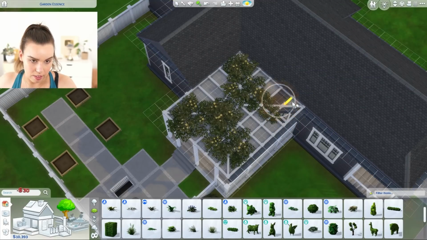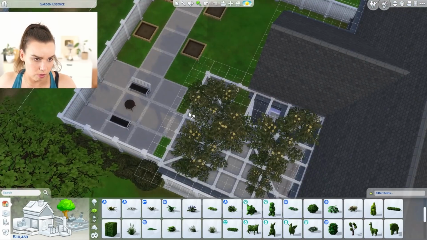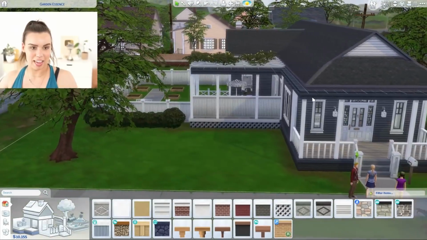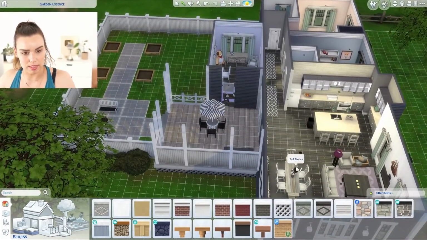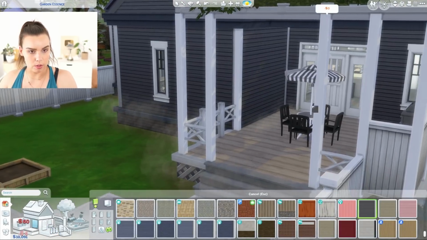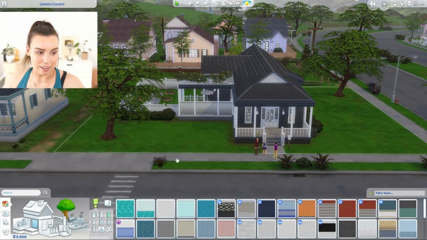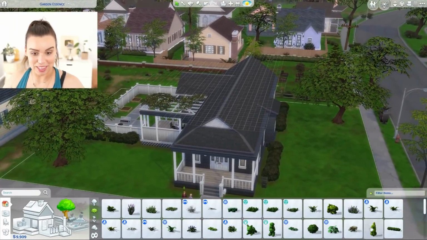And once you've done that, you just cut out the flooring underneath. Sometimes it's easier to do the flooring before instead of after. Cute! And then we got like our nice little canopy off to the side, and it looks so pretty. Oh, I totally deleted a wall. Oopsie doopsies. Okay, now that we have 9,000 simoleons left over, we can do what I wanted to do